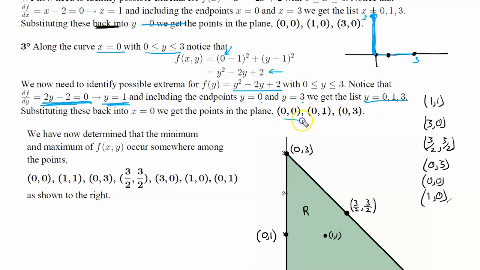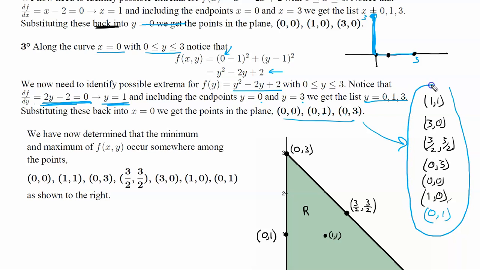So we need to add these to our list over here. Now we already have (0, 0) and (0, 3), so we just have to add (0, 1) to it. And there you go. We now have our list of points that we have to test f of x over to pick out the biggest and smallest values. And that's it. So just to summarize here with this graphic down here,